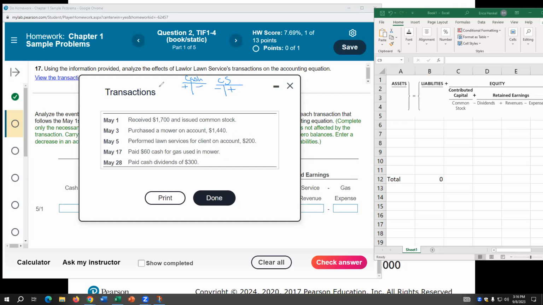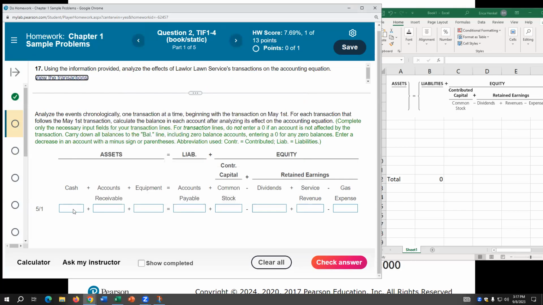So one thing that they are doing here that's a little bit different from how I was showing you is that they aren't asking you to figure out yet if it's a debit or a credit in the problem. They're just asking you if it increases or decreases, right? So if we receive $1,700 and issue common stock, is our cash going up or down? Up, right? Because we're receiving cash. And then what about our common stock? Is that one going up or down? That's up also. Yep. So for this problem, we would just go ahead and put that in there. So cash, we've got 1,700, and then common stock, we have 1,700, right?